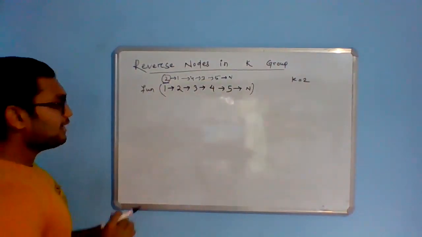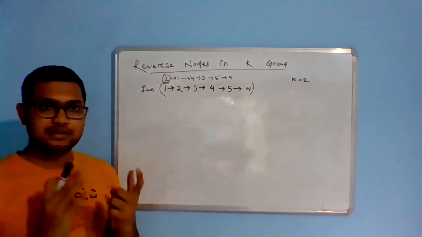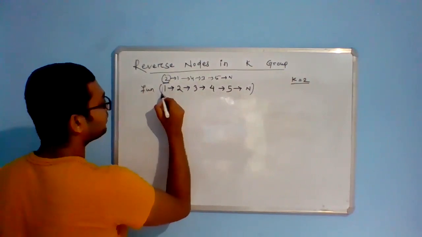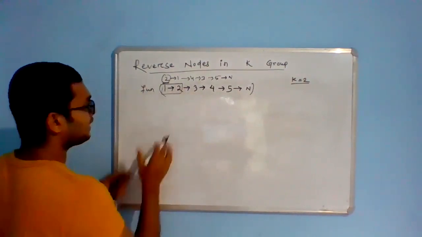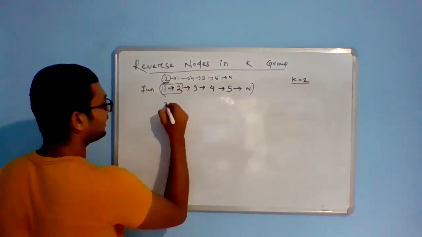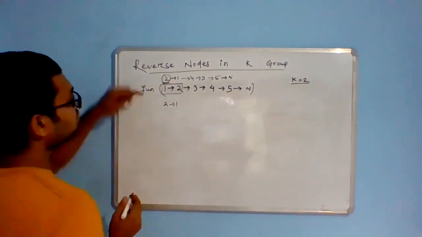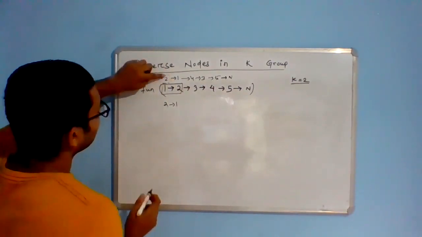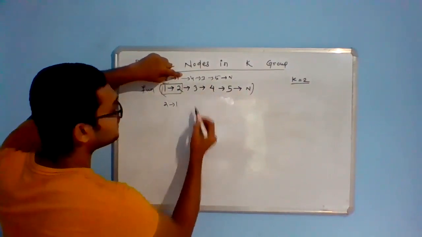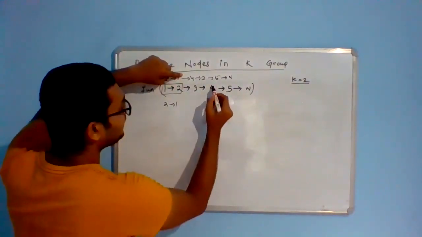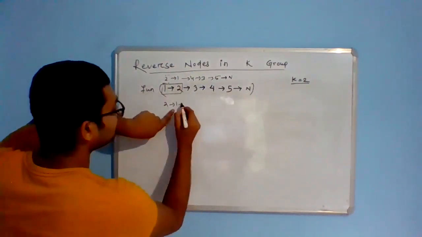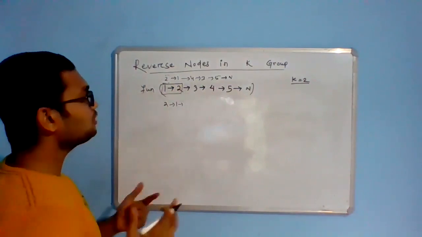So the idea, guys, is that we want to reverse every k-sized sublist. I will pick the very first k-sized sublist and try to reverse it. The reversed version will look like 2 then 1, isn't it? Now, as you can see, after 1 we want the head of the next k-sized sublist, and the head of the next k-sized sublist is nothing but 4. We want its next to be 4, but we cannot do this in this way, right?